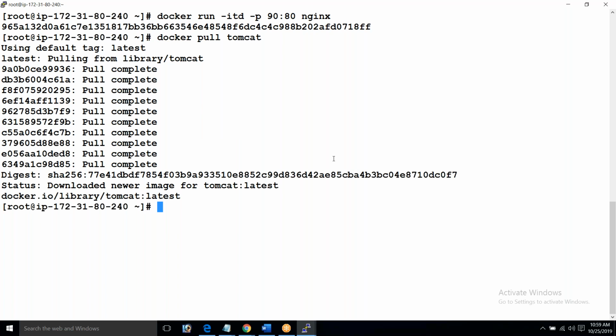Done. Now again, what is the command? docker run -itd. Now I would say 9090.